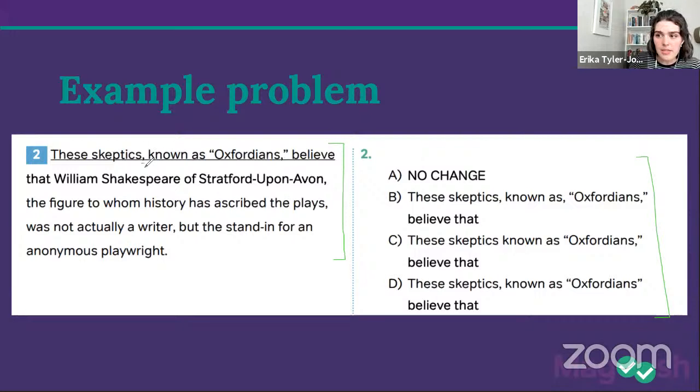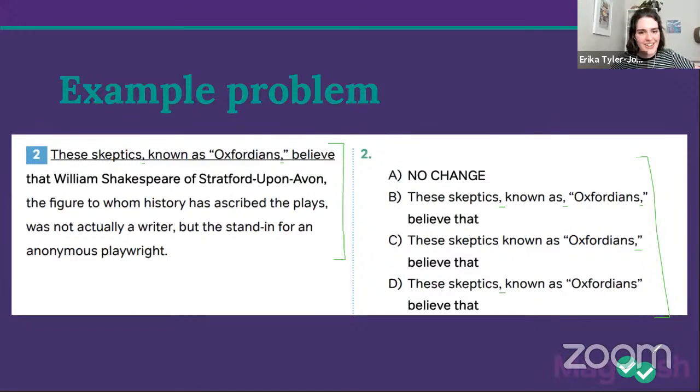But we should also notice, if we look at the answer choices, that the differences are just commas. Here, we've got a comma here and a comma here. In B, we've got both of those commas, but also an extra comma. That's fun. In C, we have a comma only here. In D, we have a comma only here. So the only differences between these answer choices are commas. Okay. So if this happens to be near a modifier, we might be considering, how do we properly punctuate modifier questions?